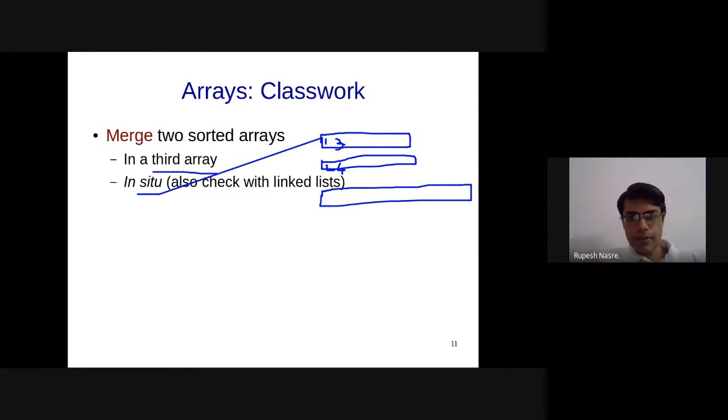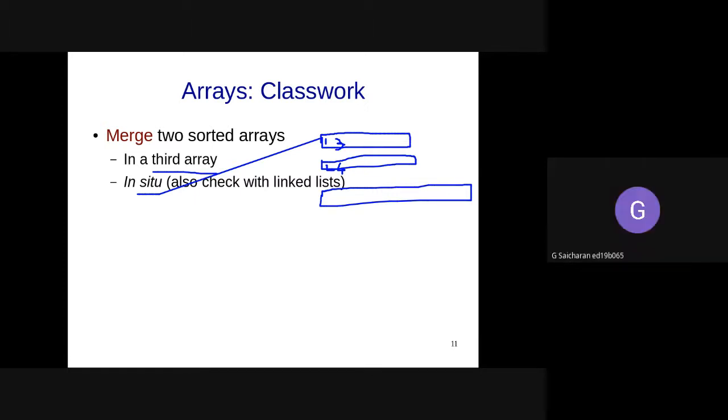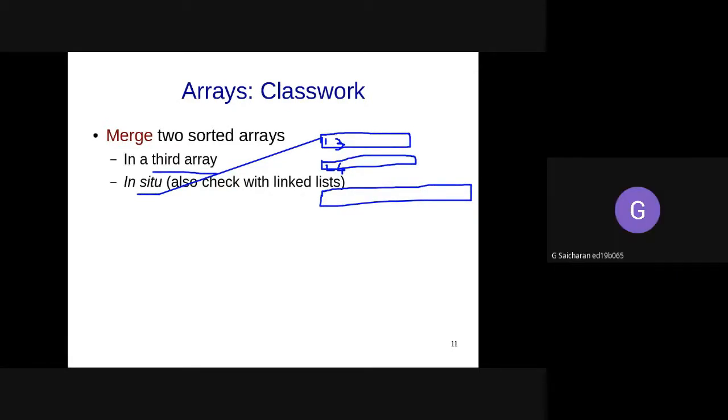I think, Saicharan, the logic mostly should work, except that you might have to be a little careful about array index out of bounds. Because it's possible that J might finish or I might finish, and then the next element might be, let's say, A of n or B of m. That might be out of bounds. So that one check we can apply. Maybe. That's true, but doing it in the same loop might turn out to be a little tricky. I mean, it's possible.